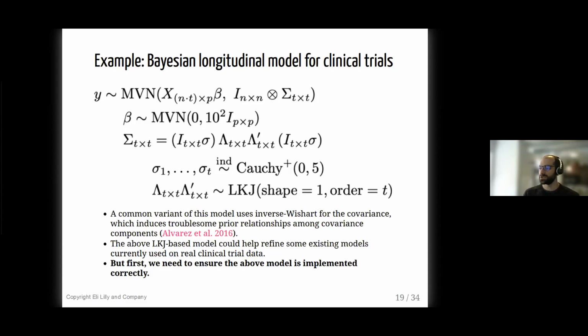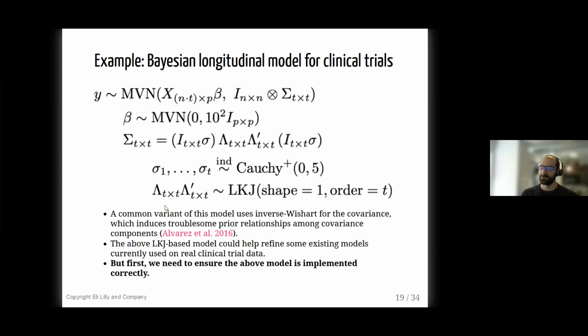Now, inverse Wishart, even though we commonly see it used in this kind of model, induces problematic prior associations among the correlations and covariances. And there's a great arXiv manuscript by Alvarez and others that describes this.